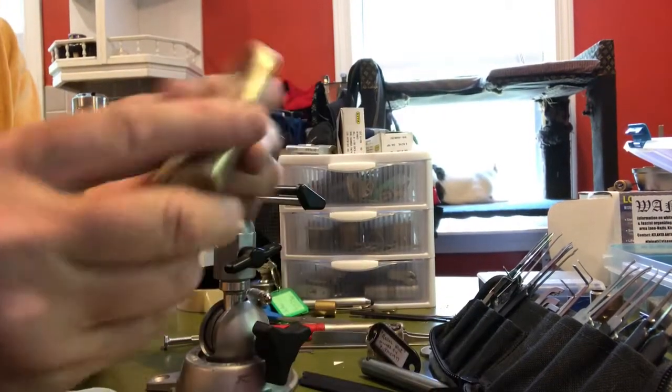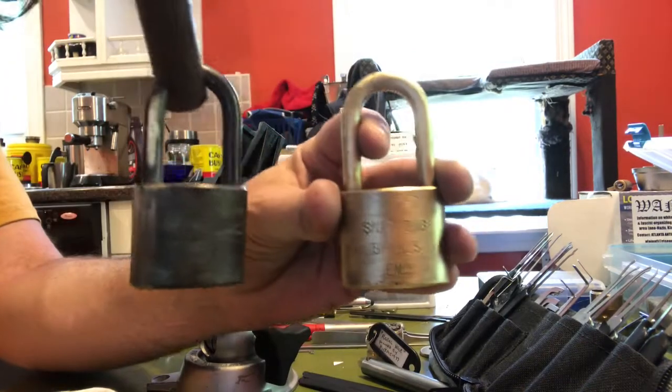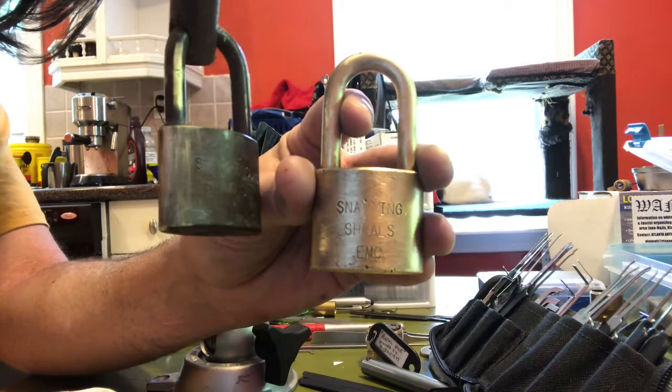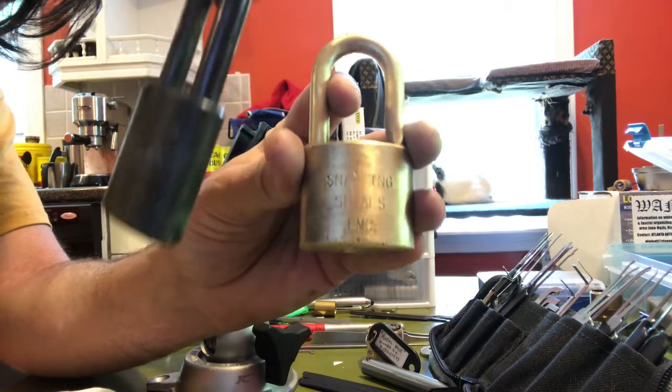Alright guys, so anyway, just thought you'd be interested in seeing a little update. So this one, actually, I did hit it a little bit with the polishing wheel just to see what would happen if I went straight to that. So you can see though